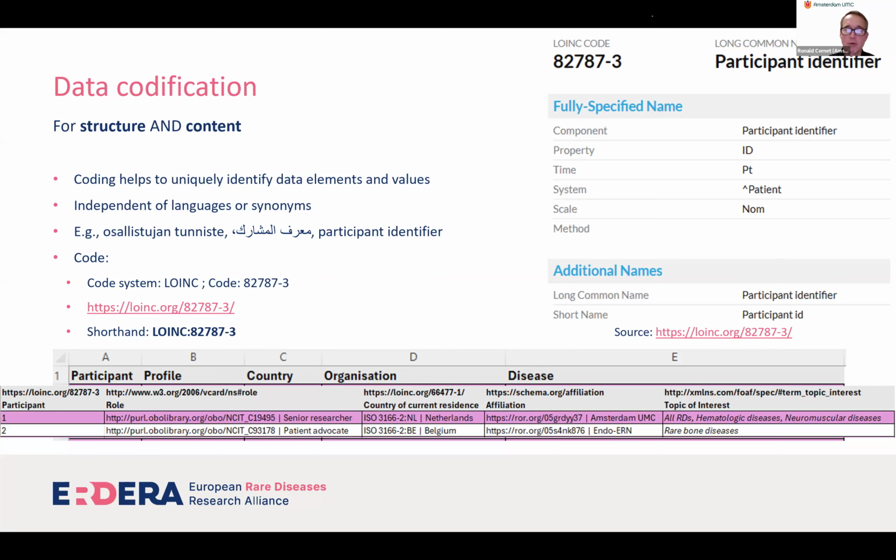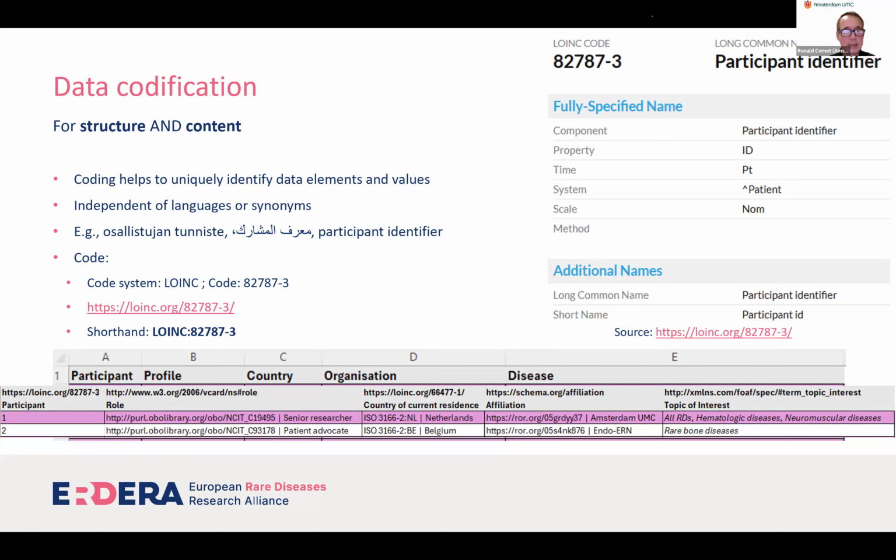I took the identifiers, the so-called RORs, the Registry of Research Organizations, and I found the codes for Amsterdam UMC and for ENDO-ERN. And, well, for later, there are the diseases that I would also provide codes for.